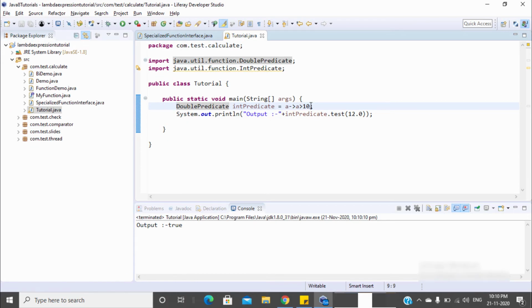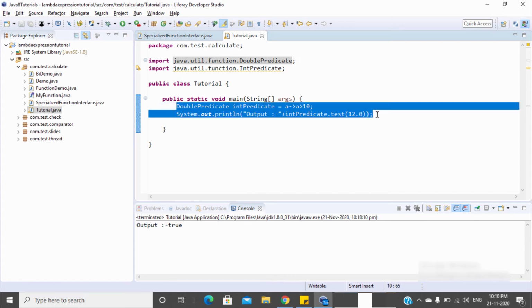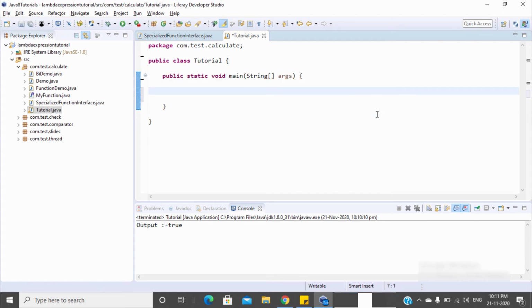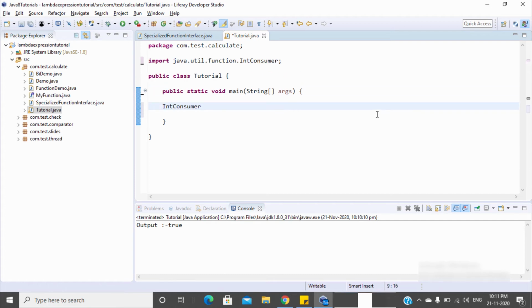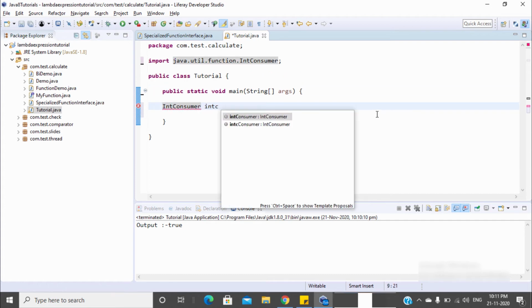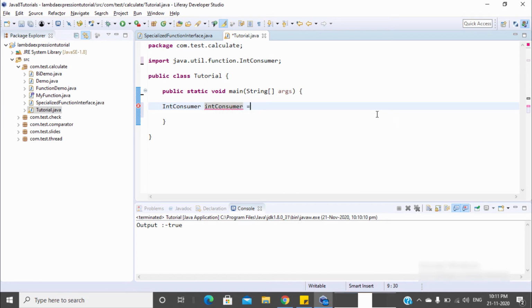Let me remove this. We know a Consumer always takes a value but never returns anything.